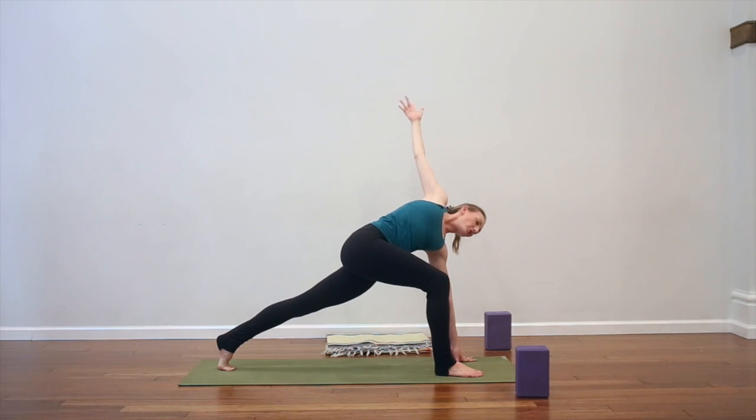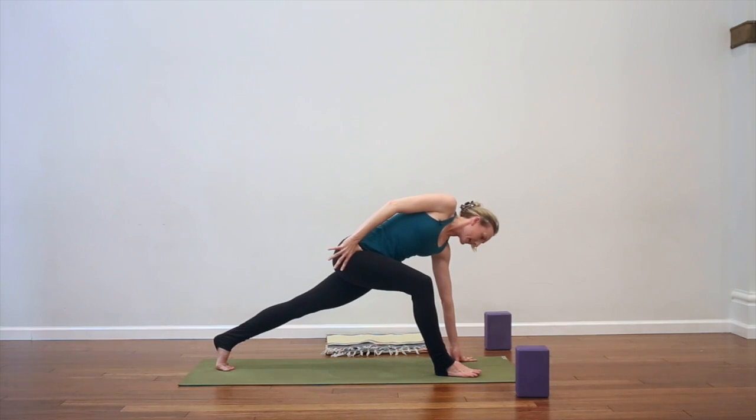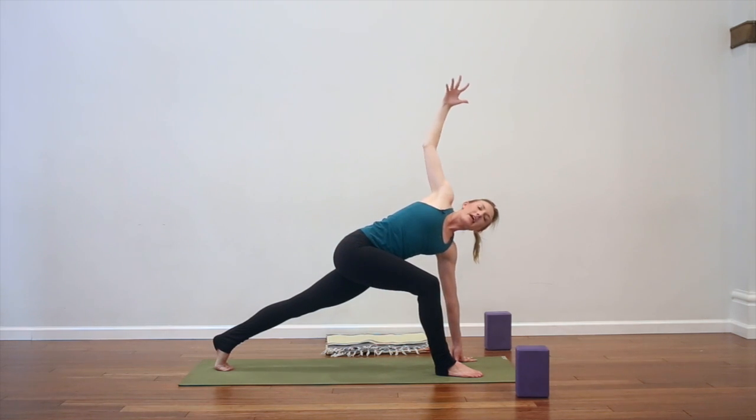And we're going to do a little self-adjust. So take the right hand to your hip. Hook the thumb in the hip. Perfect. And then drag your hip back in space. Drag it back. Good. Keep it back, and then from there, re-lift the right arm, and see if you can